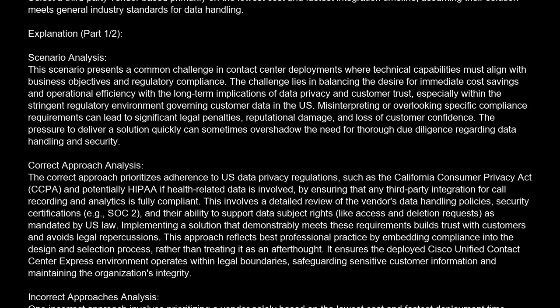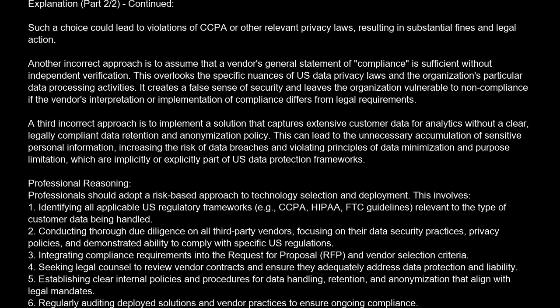Incorrect approaches analysis. One incorrect approach involves prioritizing a vendor solely based on the lowest cost and fastest deployment time without a thorough compliance audit. This fails to meet U.S. regulatory obligations, as it risks using a solution that may not adequately protect customer data or facilitate compliance with data subject rights. Such a choice could lead to violations of CCPA or other relevant privacy laws, resulting in substantial fines